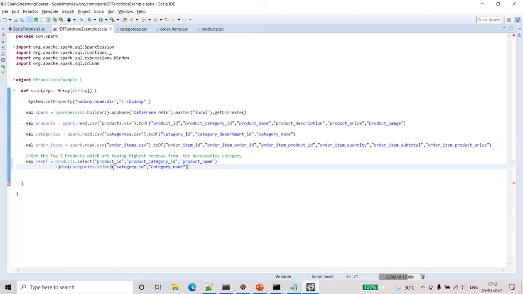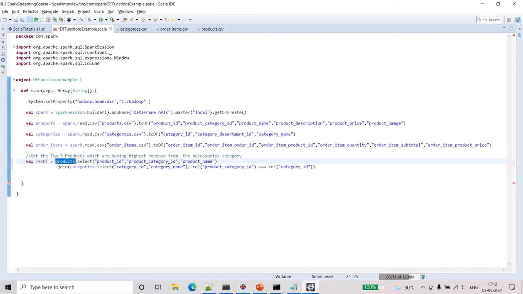In this join we just selected the table name, and now we need to add the join condition. So I am saying where product category ID equals column of category ID.